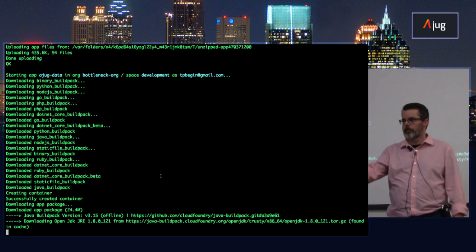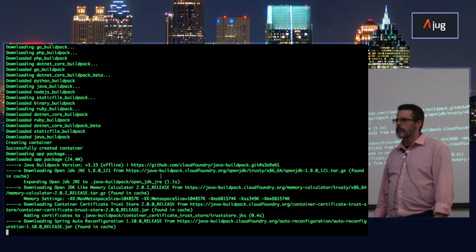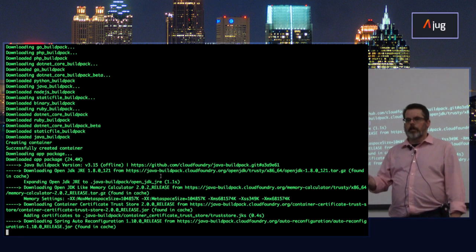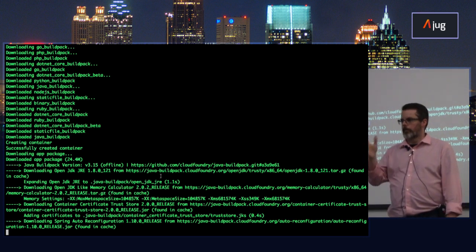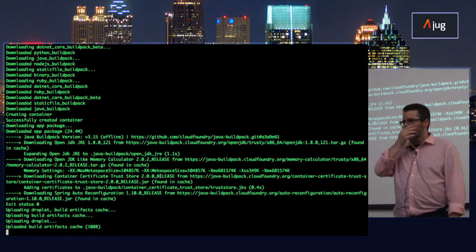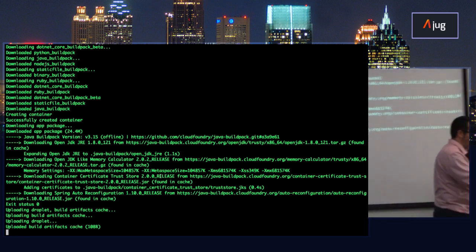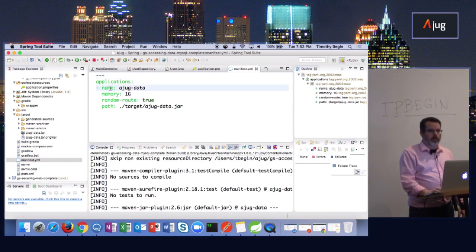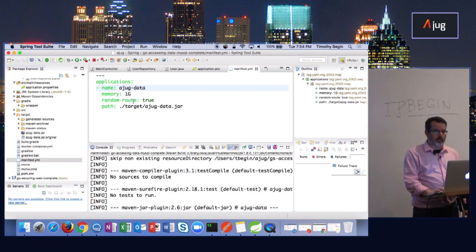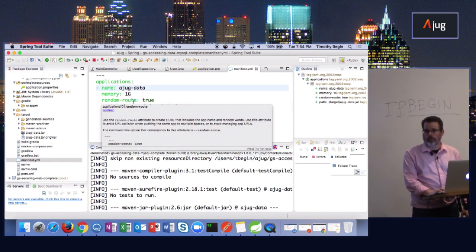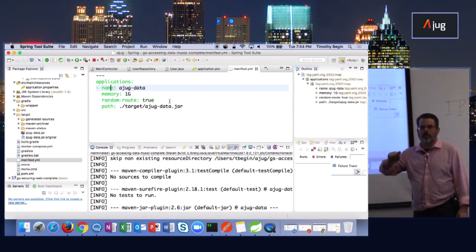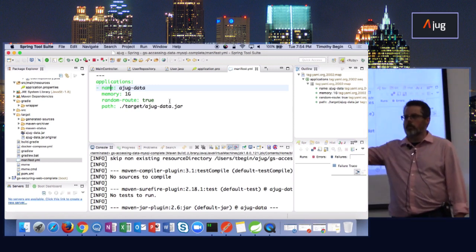So the manifest.yaml, did you write it or is it generated? I wrote that one. In some of them, they are generated. And you said you defined the route somewhere. Where did you define it? Okay, by default, it will use the name, and that's why I put the random route on there. You can also put in a command line argument and say host name and say use this host name, and it will use that.